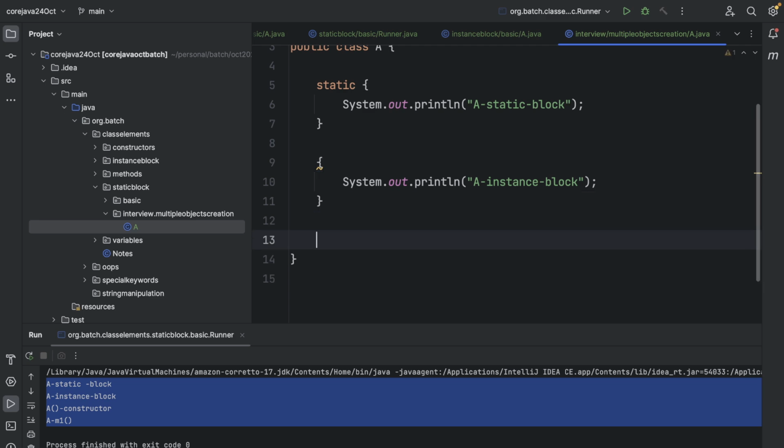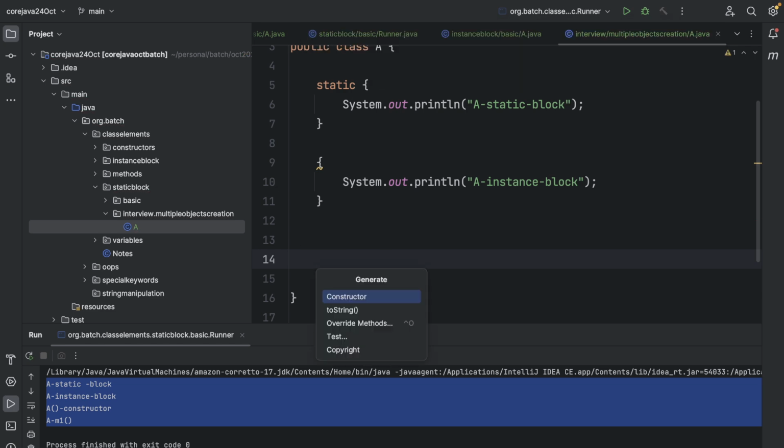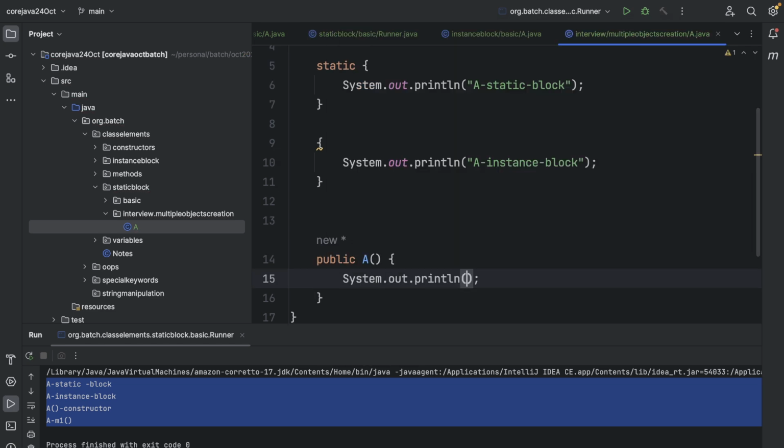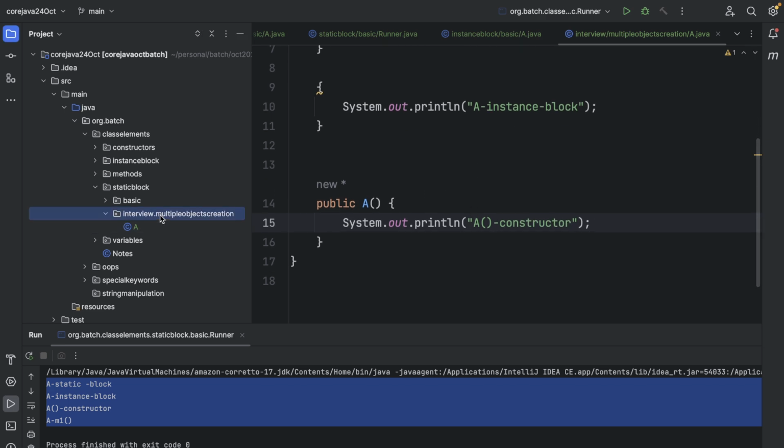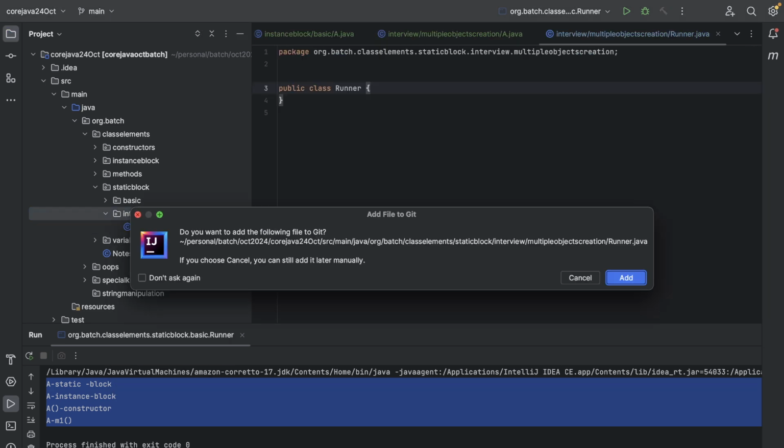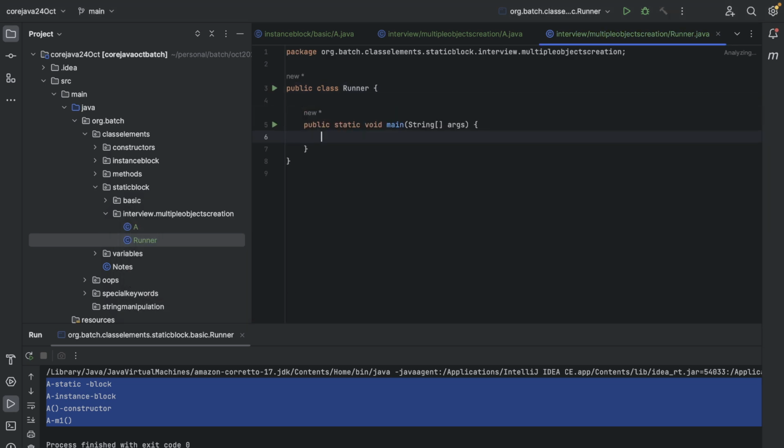Cool. And that's it. Let's add a constructor, the default constructor, and a constructor print. Cool. And then let's write a runner, psvm,